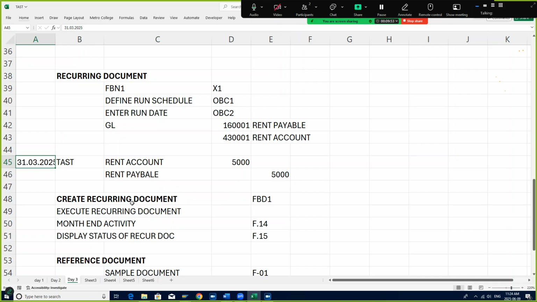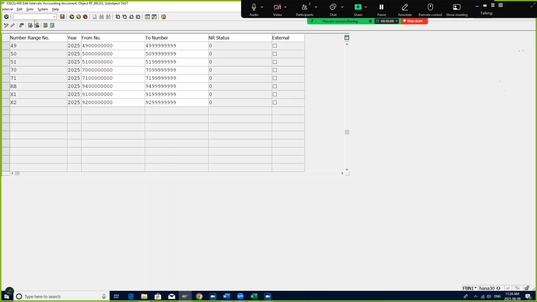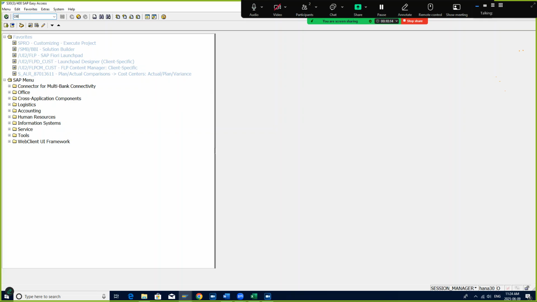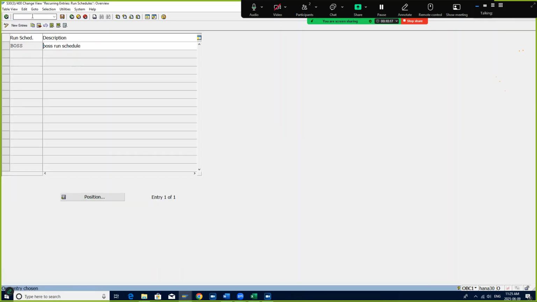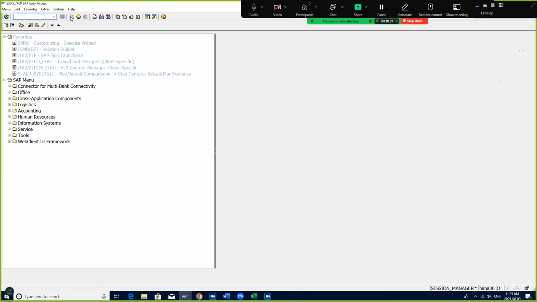The next step is to define run schedules. That means I will have to tell the system on which date the system will run the program. So you can use the T code OBC1, or the path is also there. T code OBC1, you can use this for the run schedule, click on new entry, or you can follow the path SPRO, SAP reference menu, financial accounting,